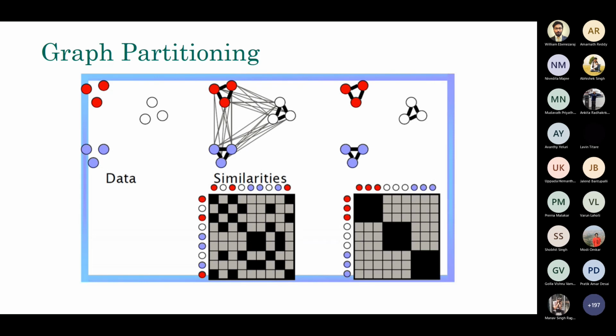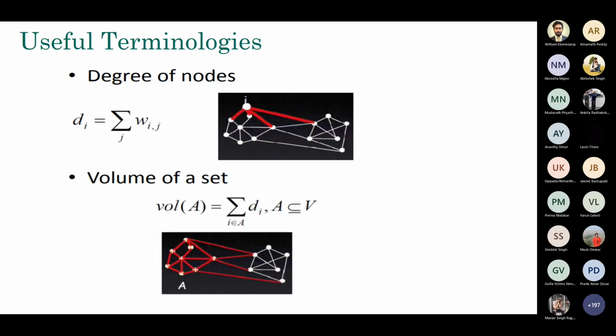So graph partitioning, just a quick graphical view of the data. For example, you have the original graph and the corresponding similarity matrix. So you are always dealing with matrices, because a graph ultimately will be represented in computers using a matrix. So we'll represent the whole thing with the matrix. And it's a decomposition problem. When you decompose this whole thing, you are going to get blocks of matrices from the bigger matrix. That's what we really want to do: find the blocks, the sub-matrices, from a bigger matrix.